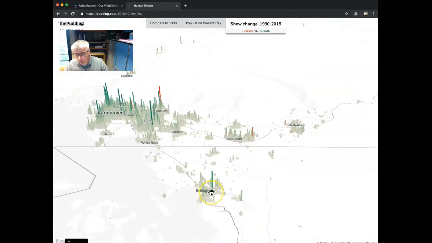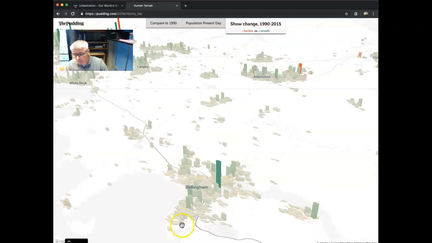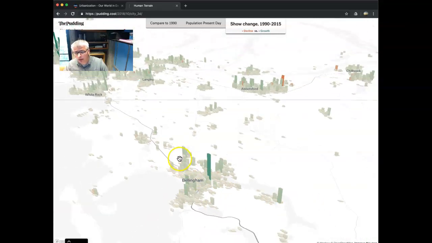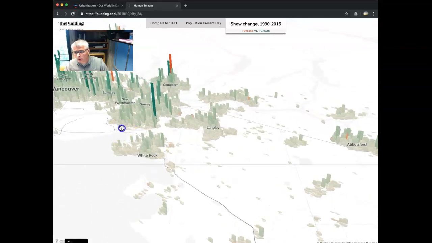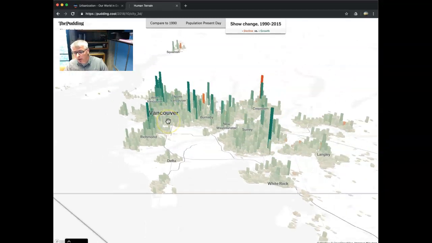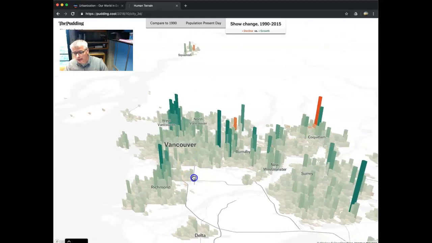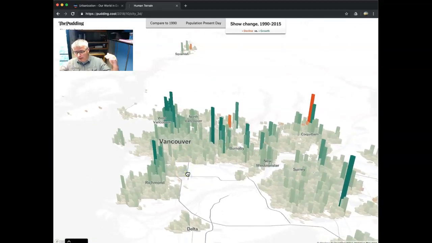Move to Bellingham, a couple of peaks here. Sudden Valley has some decent tall peaks here. But we move up to Vancouver and we see a greater percentage of growth. So it's a smaller area, but you have more people moving into it. In Seattle we see in general a rise in people, not evenly distributed, but more evenly distributed than what we see in Vancouver, where it's really densely populated areas.